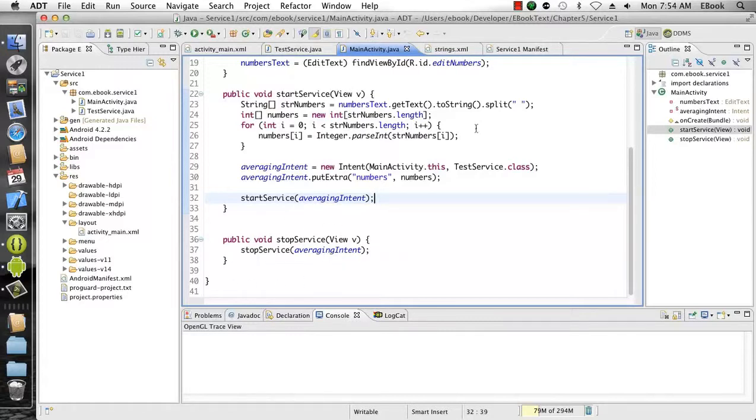called stop service. Start service gets a string array of numbers as strings from that numbers text, getting its text, converting it to a string, and then splitting it on the space character. Now, this is a very simple way to do this. In production code, we would do something else. We probably wouldn't enter numbers. We would enter them one at a time, or we would enter them with a keypad. But here, the point is to show how to get these to a service, not to do some fancy user